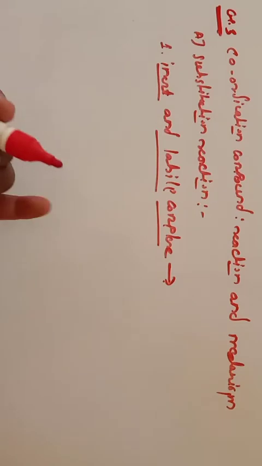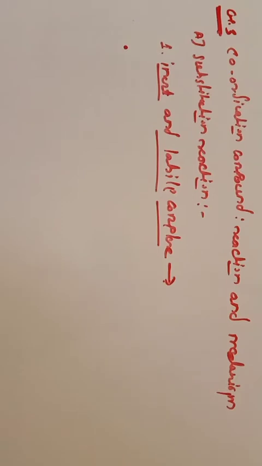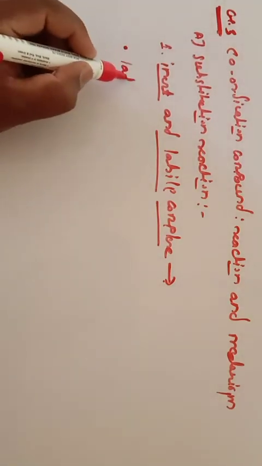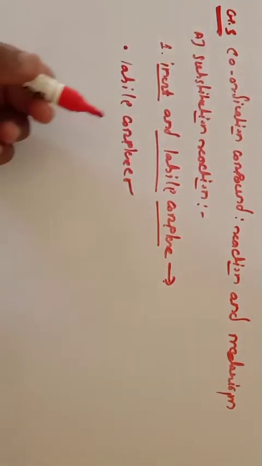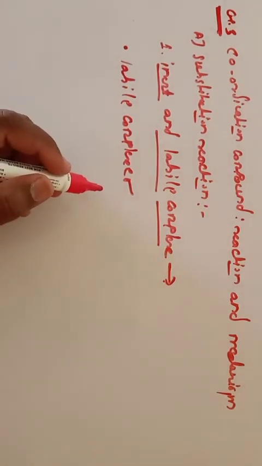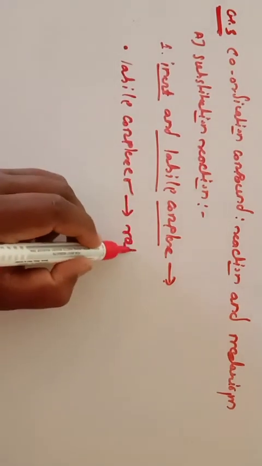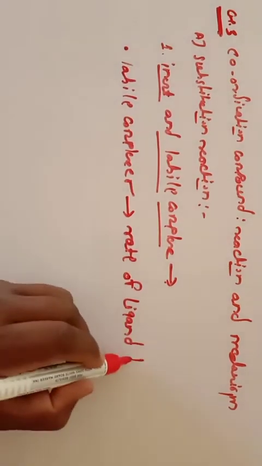What is an inert and what is a labile complex? The first point is that the metal complexes in which the rate of ligand displacement reaction is very fast and which show high reactivity are called labile complexes. So what is a labile complex? You are all very much familiar with this concept, that is inert and labile complex. The labile complexes are the complexes in which the rate of ligand displacement